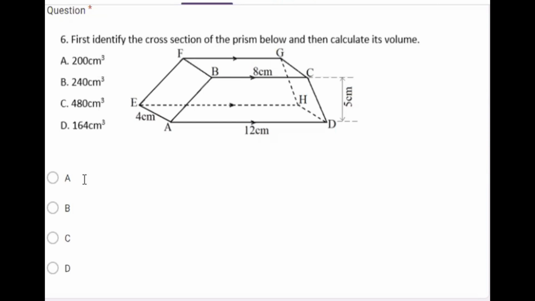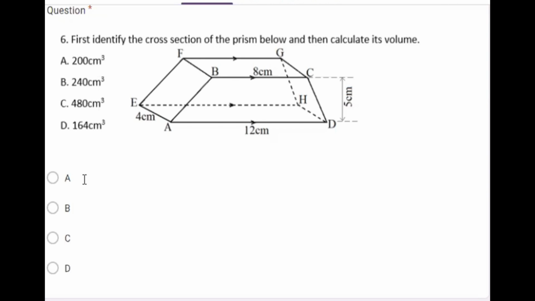This solid is a prism, and every prism has what we call a cross section. How do we identify a cross section? A cross section is a plane shape that appears on opposite sides of the prism. For example, it can appear left and right and equally spaced. It can appear front and rear, the front and the back equally spaced, or at the bottom and top,